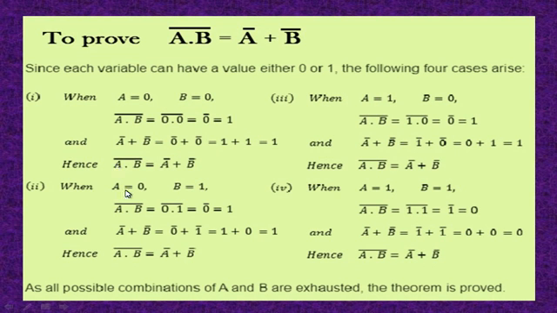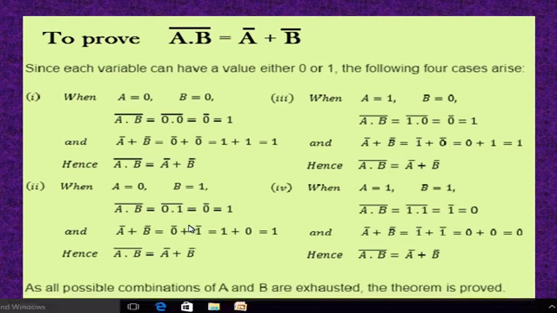In the same way, when A is equal to 0, B is equal to 1, case 2, LHS is (A dot B) complement, 0 dot 1 complement, is equal to complement of 0 dot 1. Now 0 dot 1 is 0, and complement of 0 will be 1. This is LHS. What about RHS? A complement plus B complement means 0 complement plus 1 complement, that is, complement of 0 will be 1, complement of 1 will be 0, 1 plus 0 is equal to 1. This is LHS, this is RHS. In this way, this De Morgan's second theorem is proved for case second.